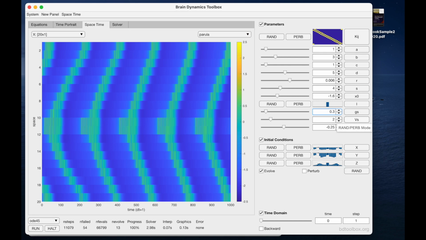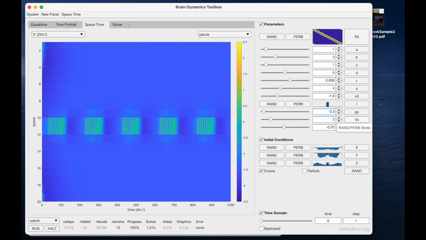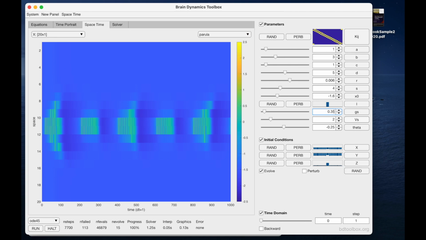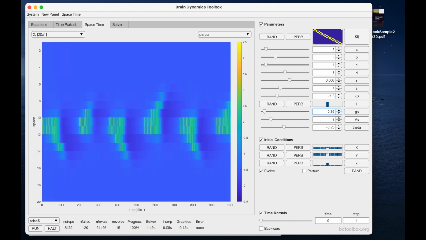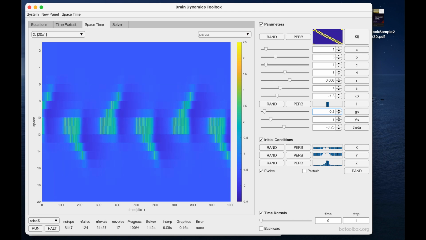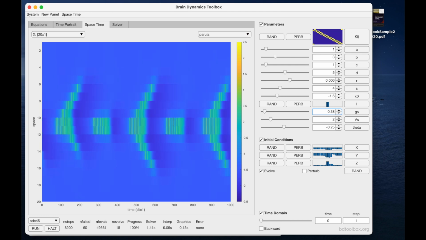Back to 0.3, and the wave's gone. 0.35. That's the emission. There's a slight wave emission there. It's not quite taking off. 0.36. Getting a bit bigger and now alternating in direction. 0.37. Getting a bit bigger, I think. 0.38. Yes, we're definitely